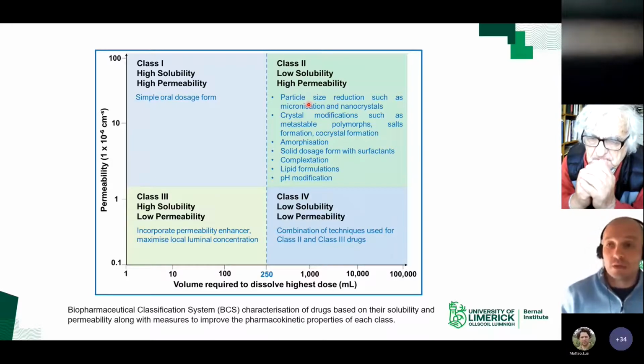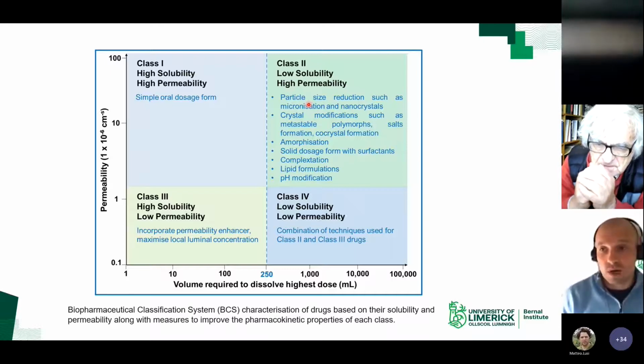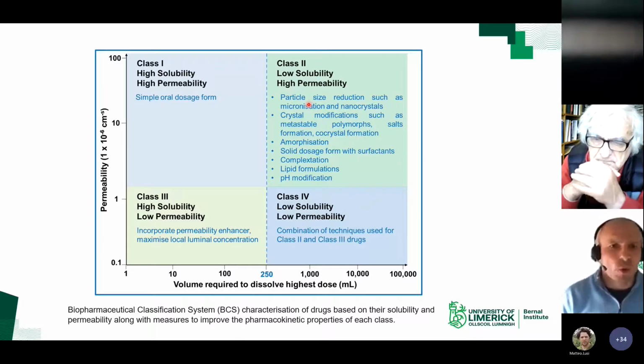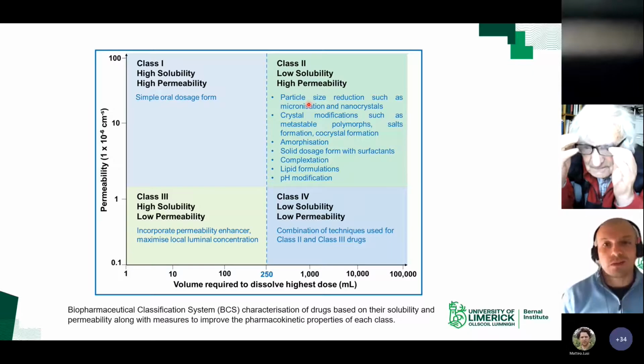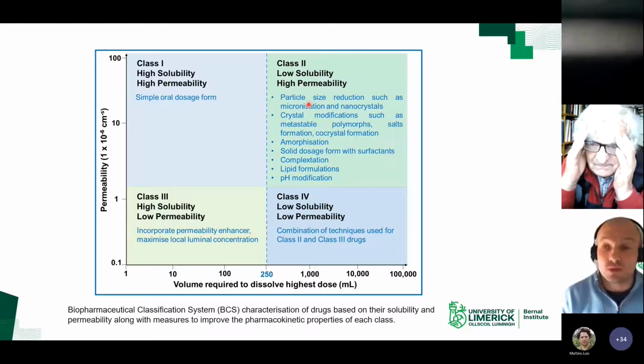That is moving particle size reduction from micron size to nano size drug. But then there are also other formulation approaches, which mean generating amorphous forms of the drugs, generating amorphous solid dispersions, where the drug is molecularly dispersed within the polymer, and that will help to improve the solubility of the drug. There are also complexation approaches using lipid formulations and so on. But certainly particle size reduction is one common approach that is used even in the industry to improve the dissolution